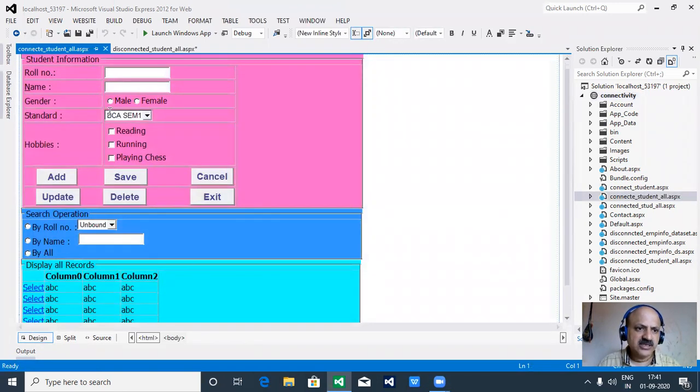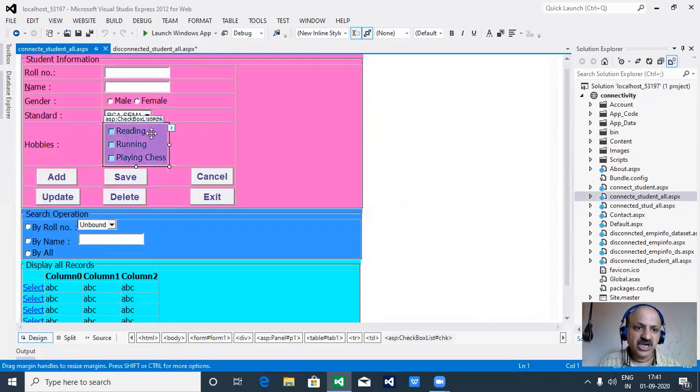Yes, that student design in connected I gave in the demo. There are 5 fields, and here I change to a checkbox list. Previously I used a single checkbox, but here the checkbox list control is the only change, and we use the technique of disconnected architecture and perform all operations: search, display in grid, and also paging.